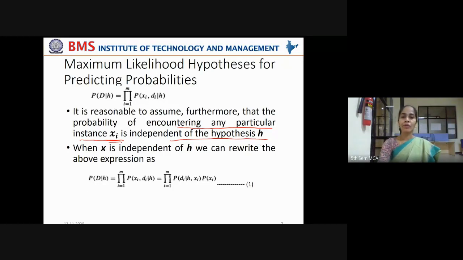Got it? Now, when h is independent of x, meaning that the particular training instance is independent of the hypothesis, we can rewrite the above expression. How are we changing that expression? Initially, the expression is this. Now, we can rewrite it as probability of di given h, comma, xi multiplied by probability of xi. Bayes theorem. Do you remember? Probability of h given d is nothing but probability of d given h multiplied by probability of h. Same concept you are applying here. You are rewriting the